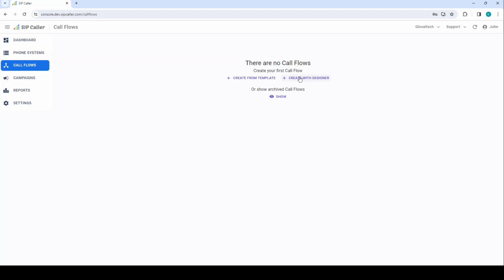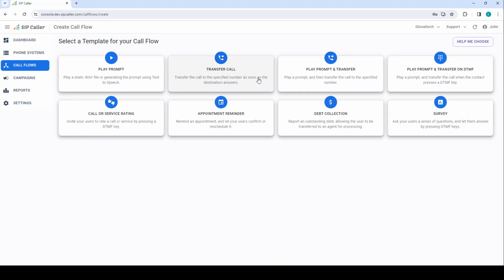You can arrange all the actions in the order that you need, configure them with the properties that are good for your call flow. For this demo, we will create it using a template,